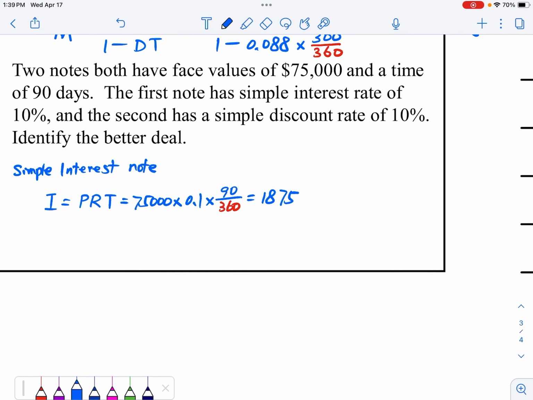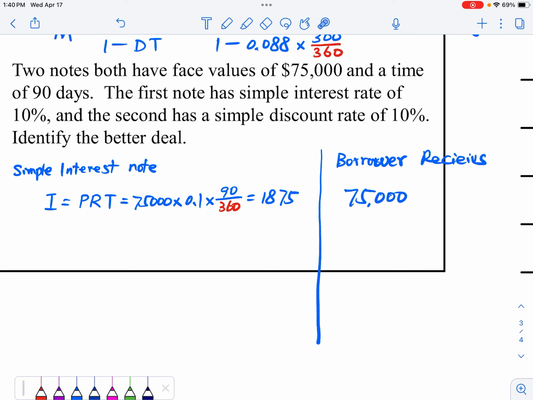So basically, the borrower receives $75,000, and at the end of the loan period, this much interest will be paid along with this principal to the bank. Now, if you look at the simple discount note,